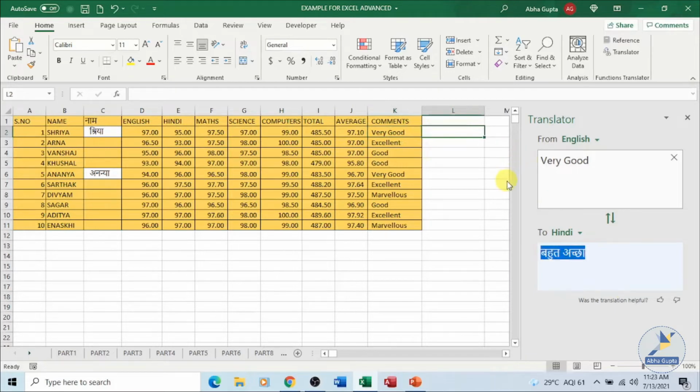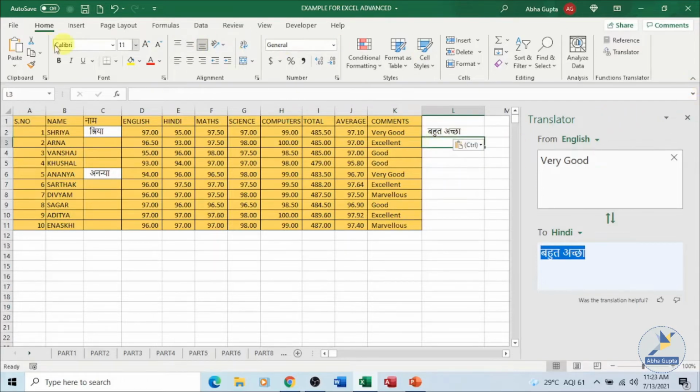That can be done. Copy and then paste over here. It takes a while to translate.